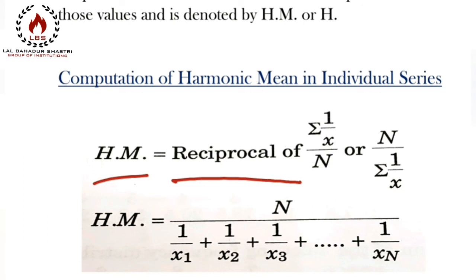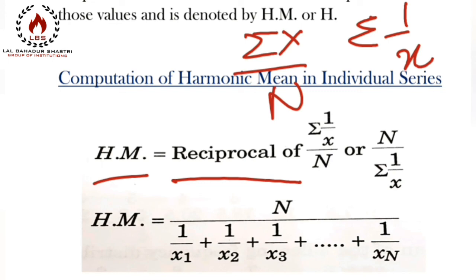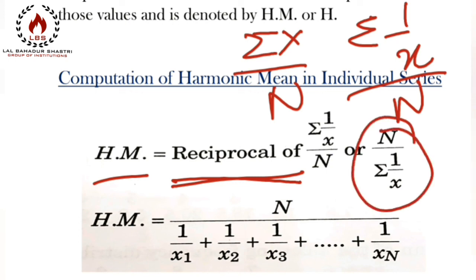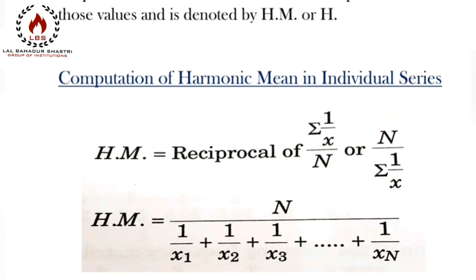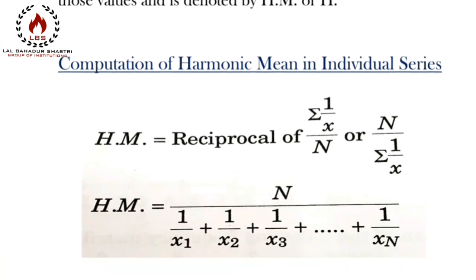In arithmetic mean we have sigma x divided by n. ये फॉर्मूला था हम लोगों का अर्थमेटिक मीन में। यहाँ पे हमने x का रेसिप्रोकल कर दिया, मतलब x की जगह कर दिया सिग्मा 1/x, फॉर्मूला वही हम लोगों का। और फिर ये नीचे n था, and here the reciprocal, मतलब n डिवाइडेड बाई सिग्मा 1/x, ठीक। तो ये फॉर्मूला है हम लोगों का हार्मोनिक मीन का। अगर इसको ओपन करते हैं तो we have 1/x1 plus 1/x2 plus 1/x3। तो मतलब जितनी भी ऑब्जर्वेशंस होंगी, we have to take the reciprocal of those values.